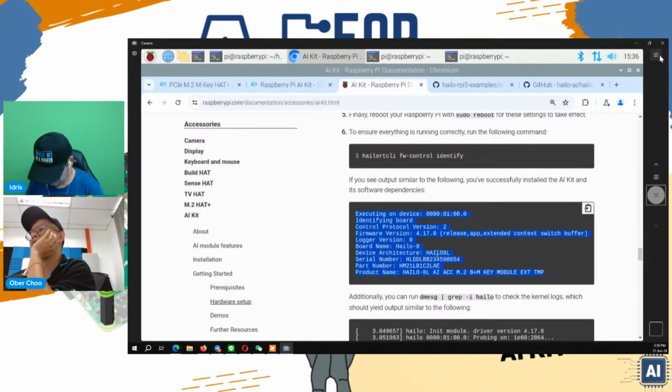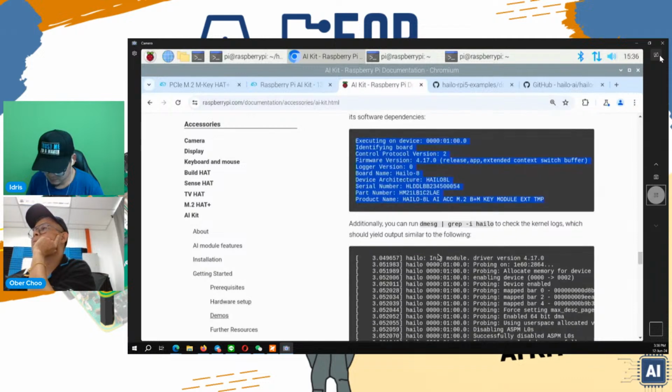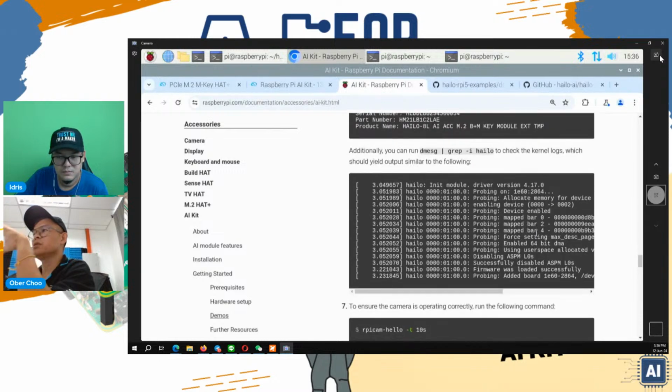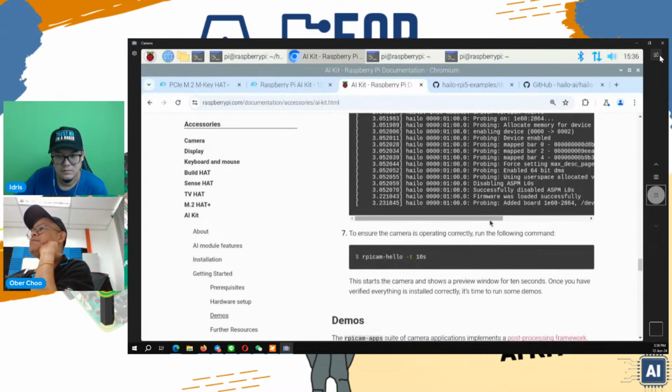So the device architecture, it detects the device already. Okay. Then additionally, you can also run dmesg to check the kernel log. This is more about the driver. Then this is the one that will actually help you to